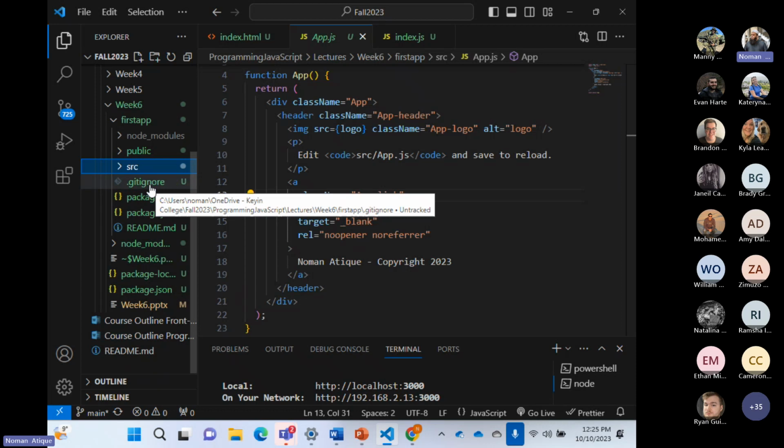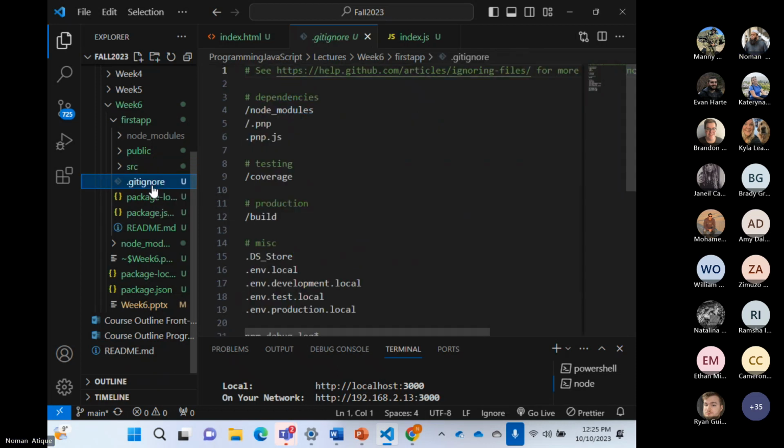Do you see a file called gitignore? Do you guys know what gitignore means? Gitignore means that when you upload this on Git, ignore all the things listed in this file. Now I want to show you something. The first thing that it is ignoring is node modules. Now, the one statement that I would like all of you to take home: when you create a React project, you don't need to worry about that. It will itself give a gitignore, and it will always ignore node modules.